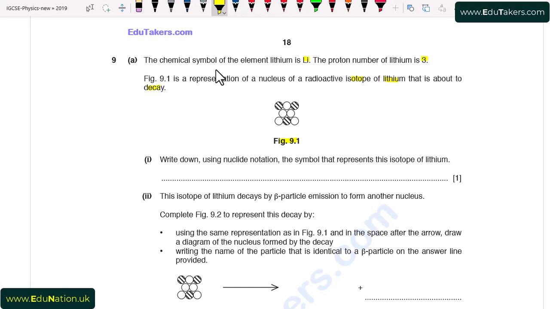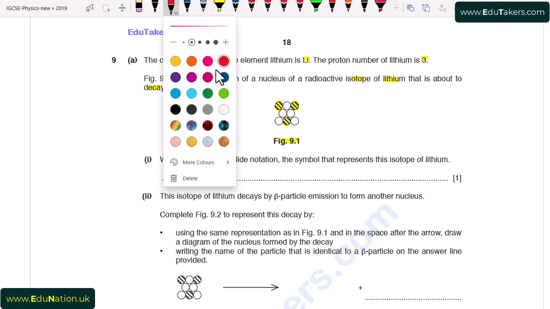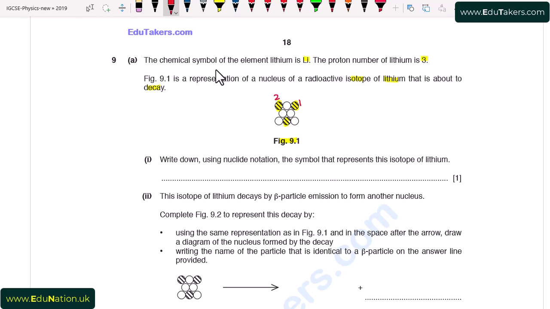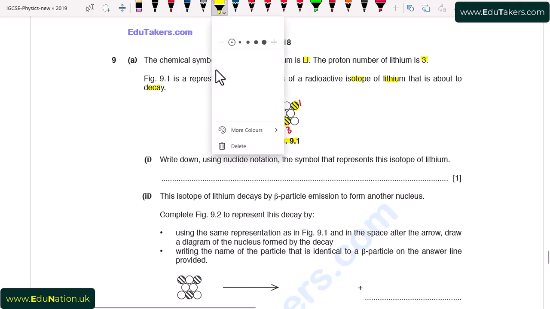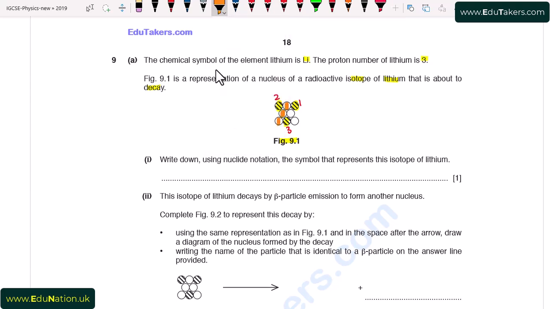In the statement it is given that lithium has 3 protons. So these actually are the protons. There are 3 protons. I write here 3. 1, 2 and 3. And second, there are a total of 5 neutrons. Now I am going to shade these. So these are the neutrons, and the total neutrons are 5. I write here protons equal to 3 and neutrons are 5.